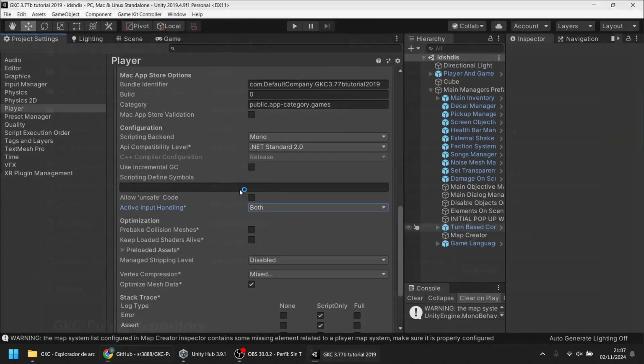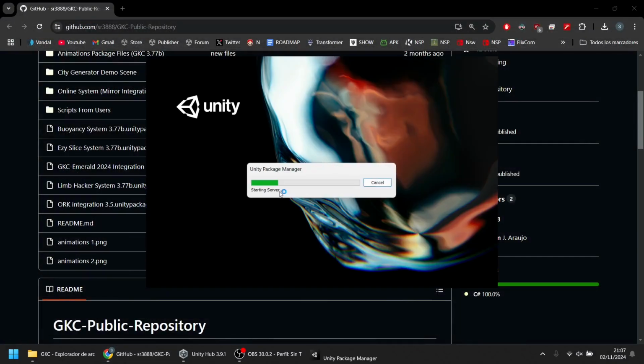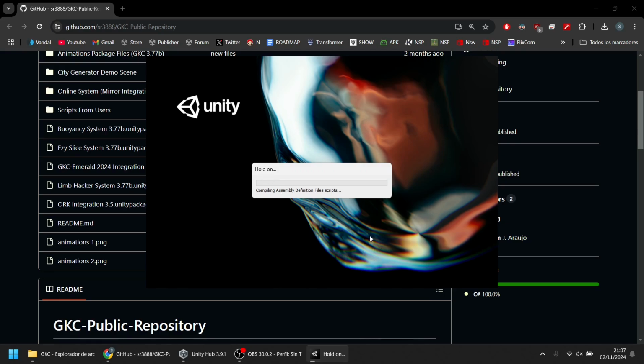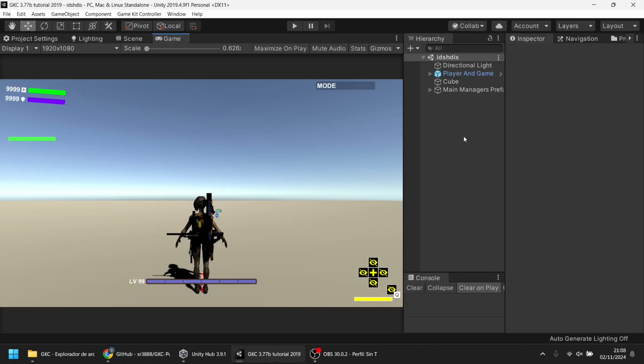So you can enable both in case the version of Unity that you are using or some asset that is in your project needs the new input. GKC already has its input manager, which works on the old system of Unity for the input. But when the option is activated, it will work with both the old and the new one.